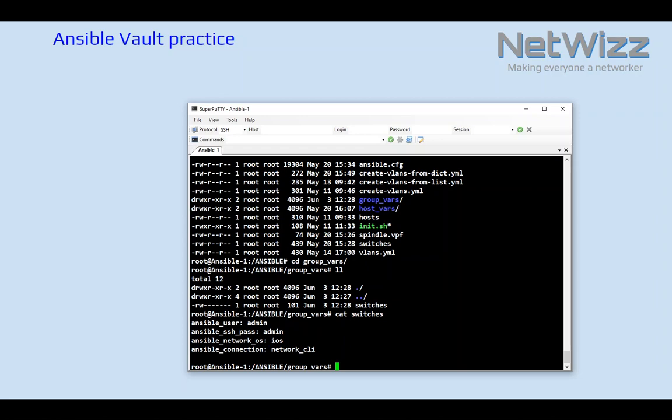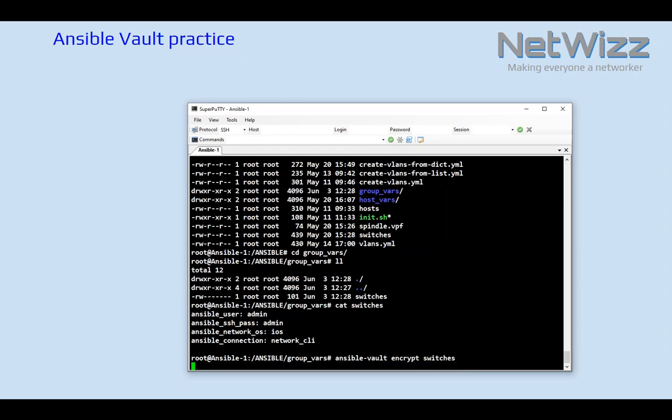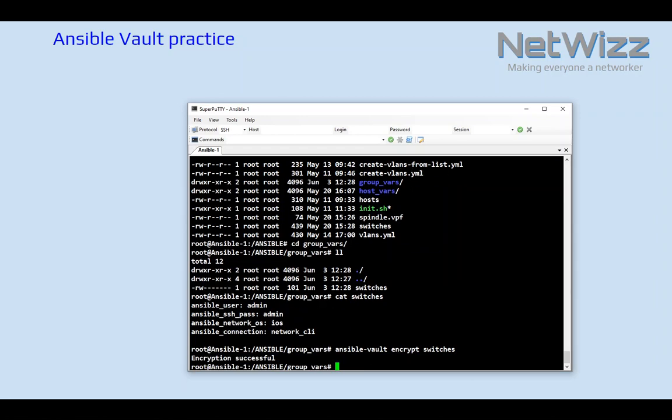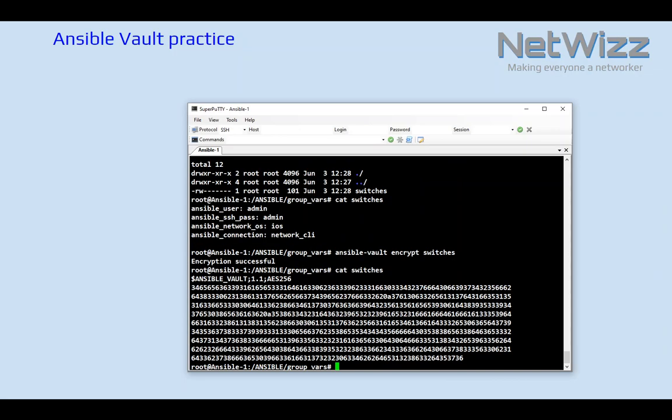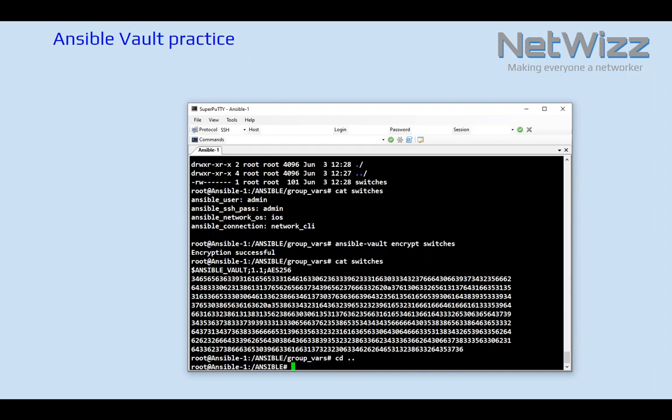Now we don't want to keep it in clear text, so I am going to use Ansible Vault to encrypt it. So I do ansible-vault encrypt switches and press enter, and that's it. It says encryption successful. Now if we cat the same file, we can see that we don't see any sensitive data. Instead, we only see encrypted data, and this file is now secure, but it can still be used in our playbooks. So if I run a playbook now,